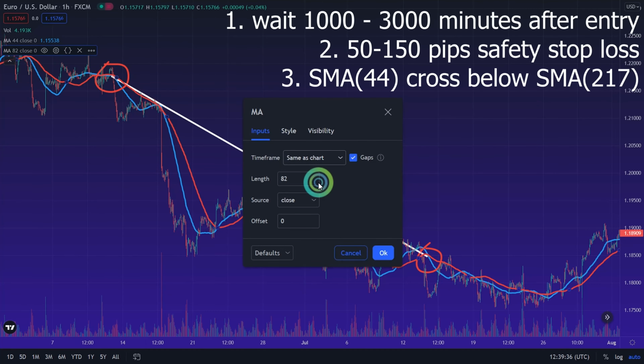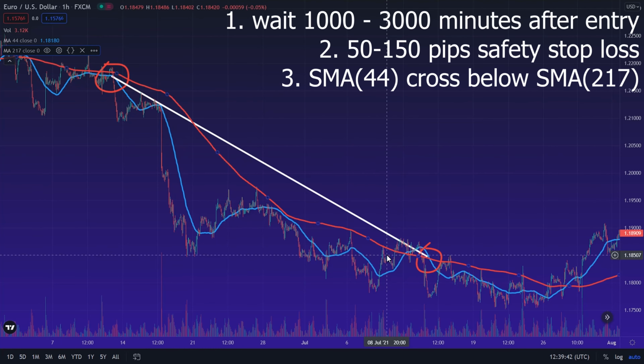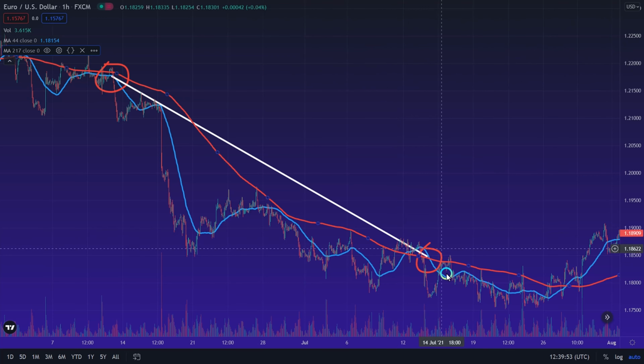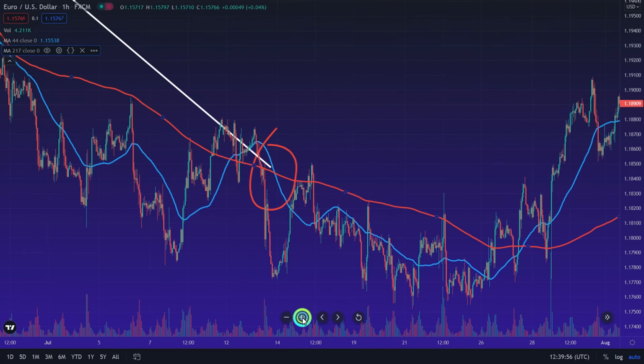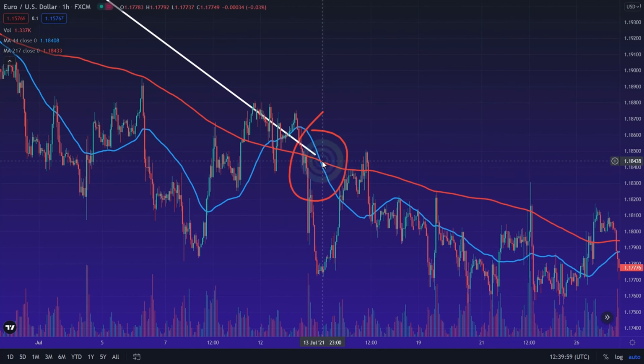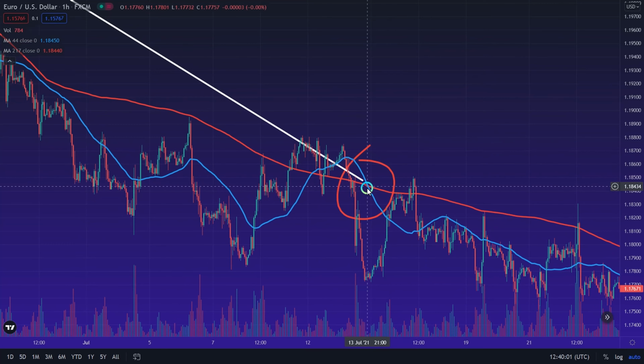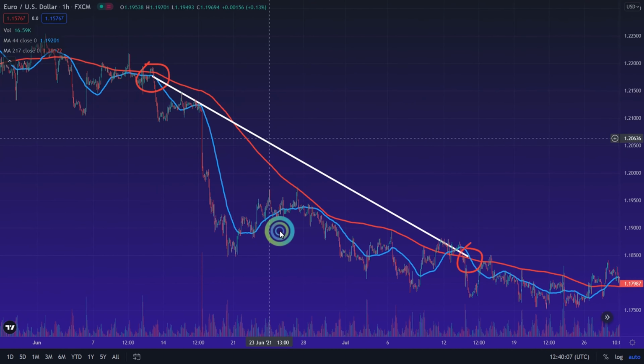And our second parameter will be a 217 period simple moving average. And we can close our trade when the 44 period SMA crosses below the 217 period SMA. And as you see it here, it just crossed below. So there we can close our trade, because of course